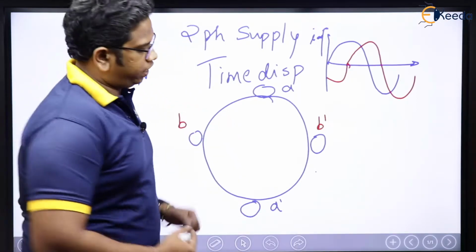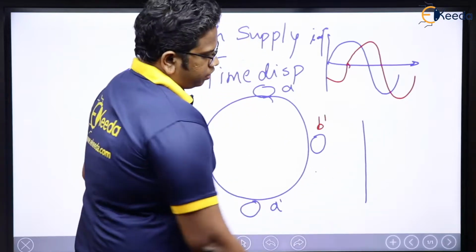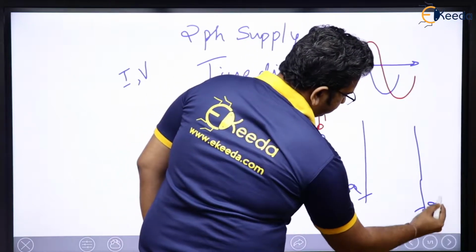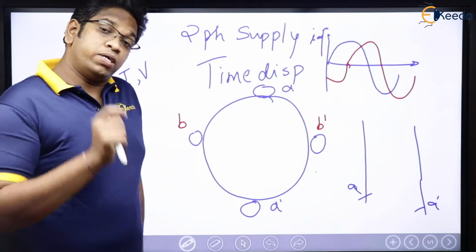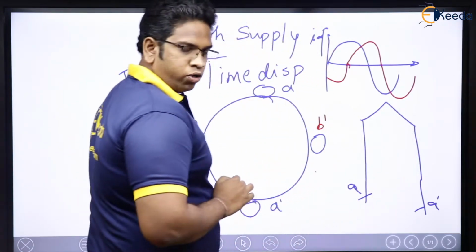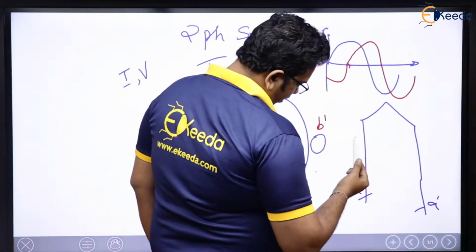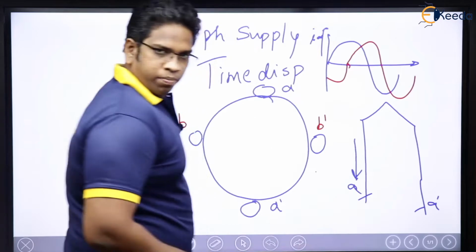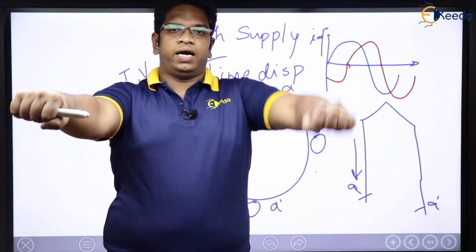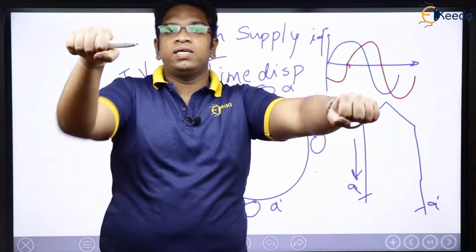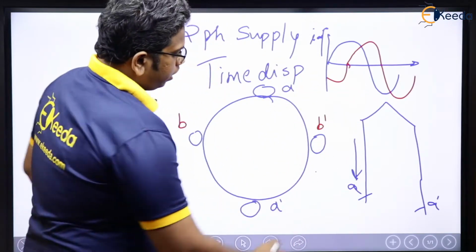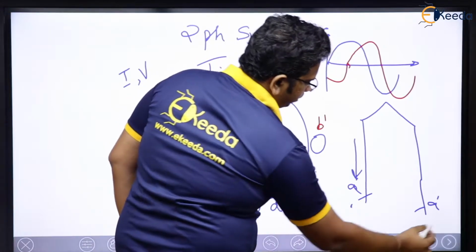Why? Because it is the same winding, the same coil. This is, let us say, A. This is A dash. I know I am repeating the same thing, but it is very important. See here, there will be a back-to-back connection here like this. We know that. If the current is coming out from here, you will consider A as dot. This is A, this is A dash. If it is outgoing here, then A will be dot, and if it is incoming at the other end, it will be called cross. So here A will be dot and this will be cross.